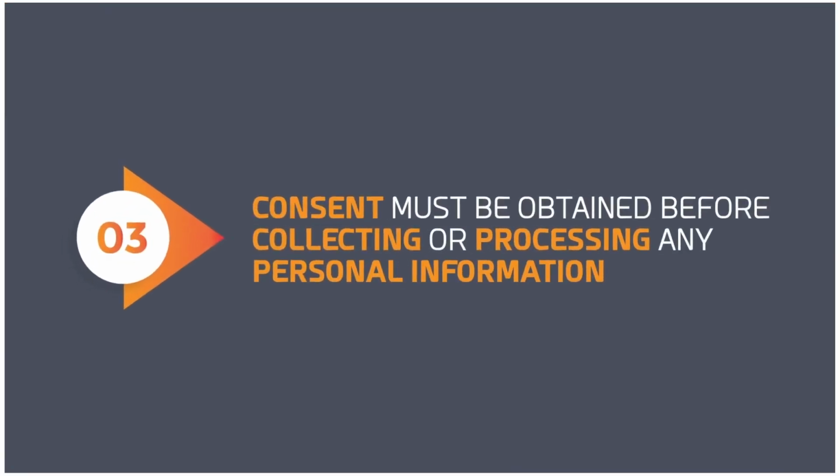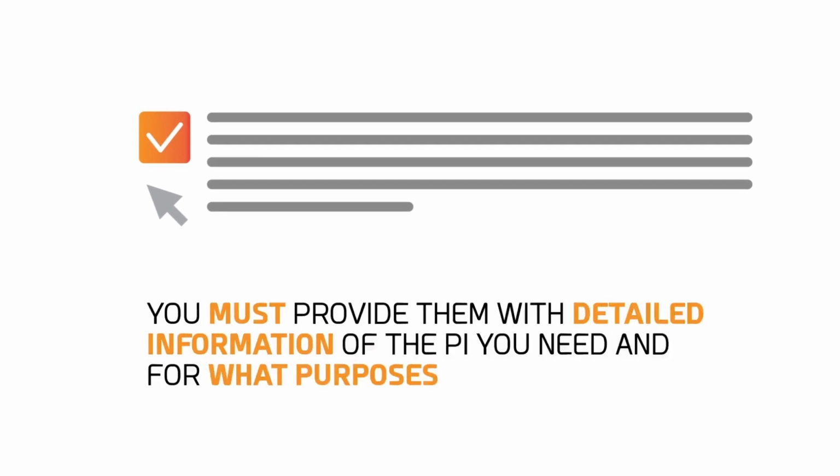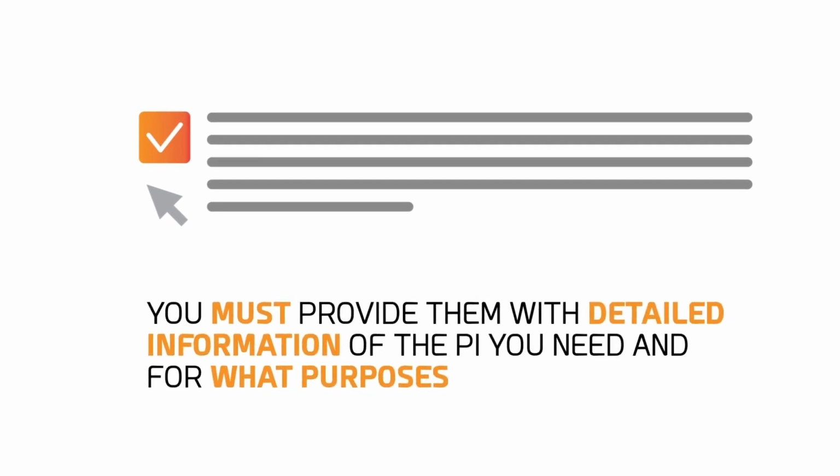Number 3. Consent must be obtained before collecting or processing any personal information. The third requirement is that you must obtain the consent of the individual before you gather or process their personal information. In obtaining their consent, you must provide them with detailed information of the personal information you need and for what purposes,